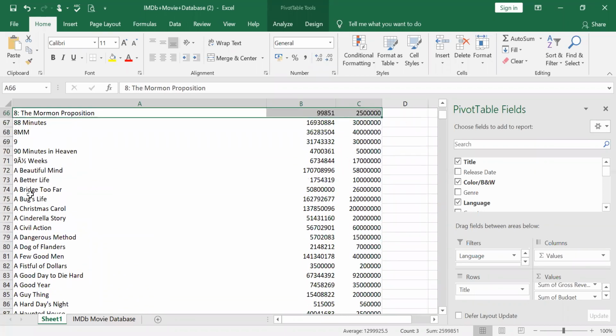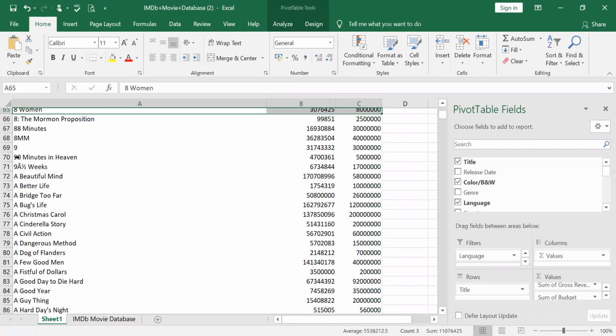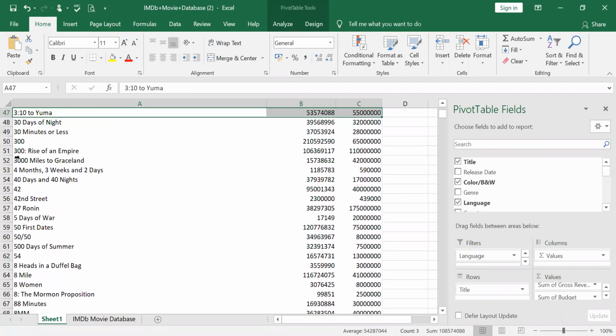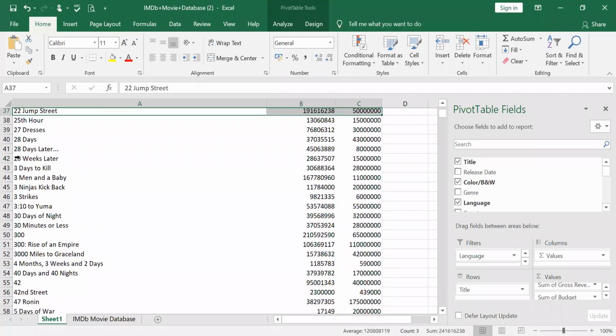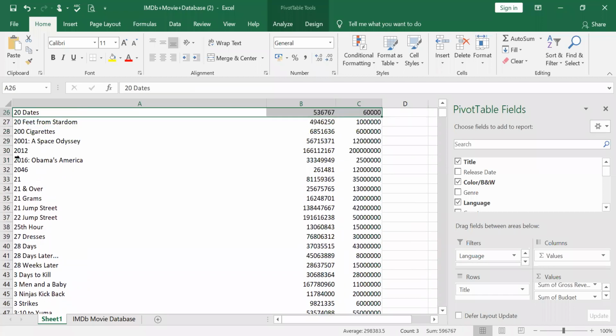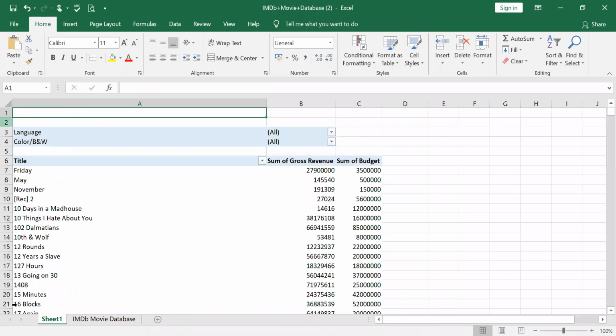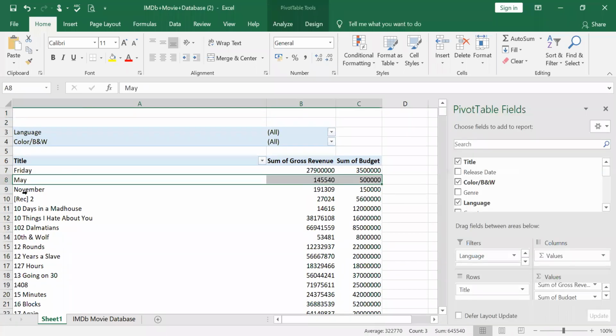But before alphabetical starts with A, it is always the numbers that come first, right? The numbers go in ascending value, and before the numbers start, you have certain alphabets shown here, like Friday, May, November.